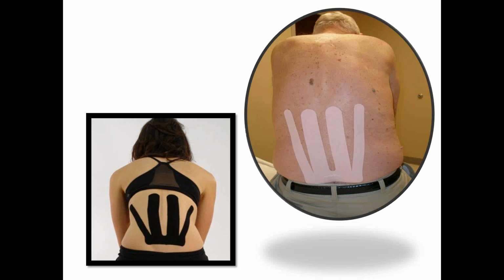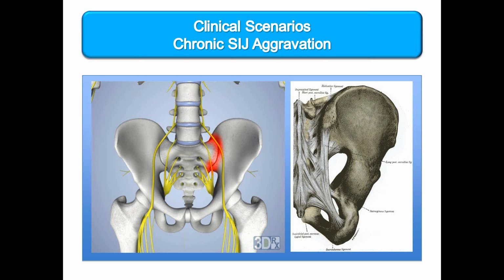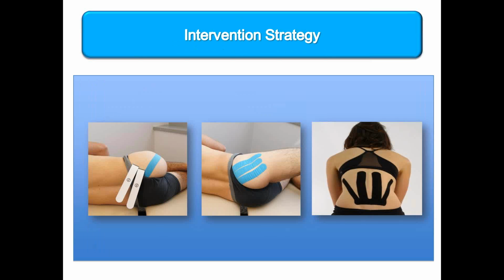Here, once again, we see the SpiderTech Gentle in a more geriatric client. Dealing with chronic SI joint problems can often be an issue. With kinesiology taping, they can help you overcome those issues. Here we would see taping for the glute max, keeping in mind that with SI joint problems you have force closure, which is included with the glute max and the paraspinals and thoracolumbar junction. So in order to make sure those muscles are functioning properly,